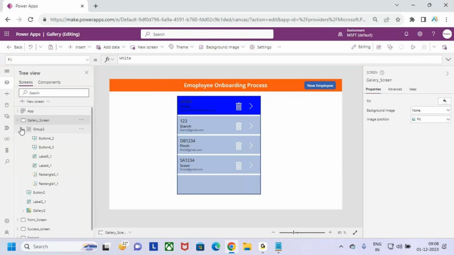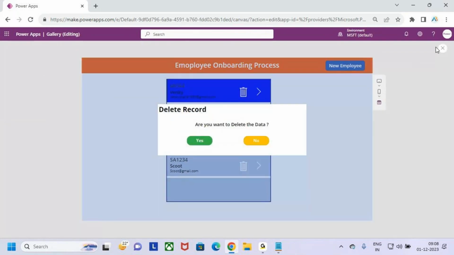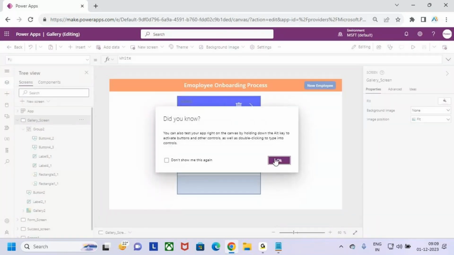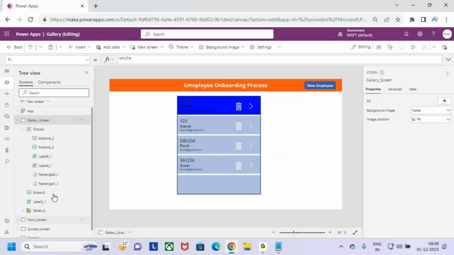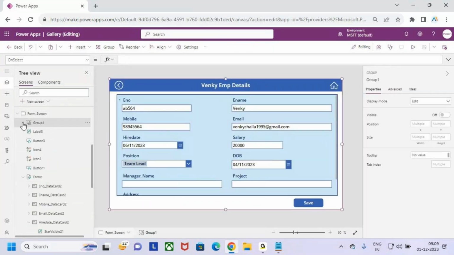One pop-up is in the gallery screen. This pop-up is for delete. And there is another pop-up in the form screen. See, this is another pop-up we are having. These are the pop-up controls I'm using. So like this,